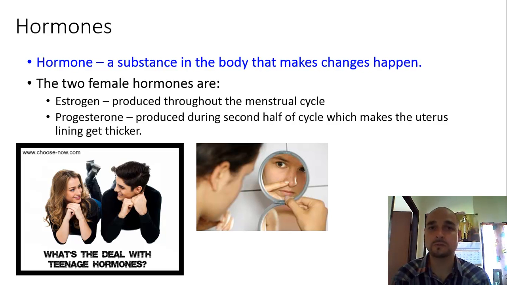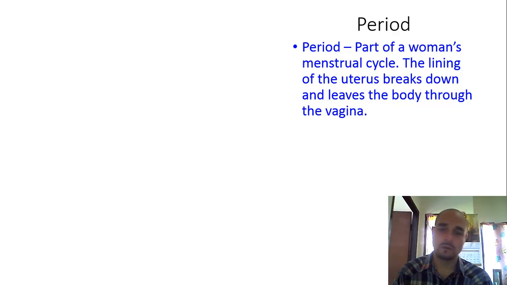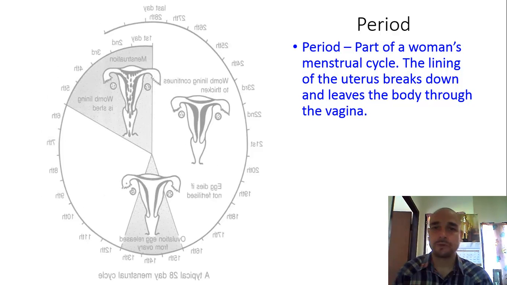They are responsible for long-term activities and long-term responses. Some of these would be adolescence that we're going to be talking about next week. Puberty changes to the body. And so other activities would be things like the menstrual cycle and reproduction. Okay. Also, things that you might see manifesting, coming up, are acne on your face. Hormones are responsible for that.